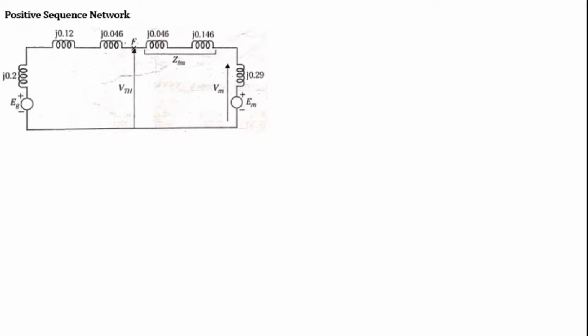So basically what we need to calculate is the reactance and source of EMF for the positive sequence network. Okay, it means that it looks like this: we should have the reactance and source of EMF. This is the equivalent for the PSN network. So we have to calculate the source of EMF at this point and the reactance of this. To calculate this we need to calculate EA1 and this is Z1. Okay, so let us solve one by one.